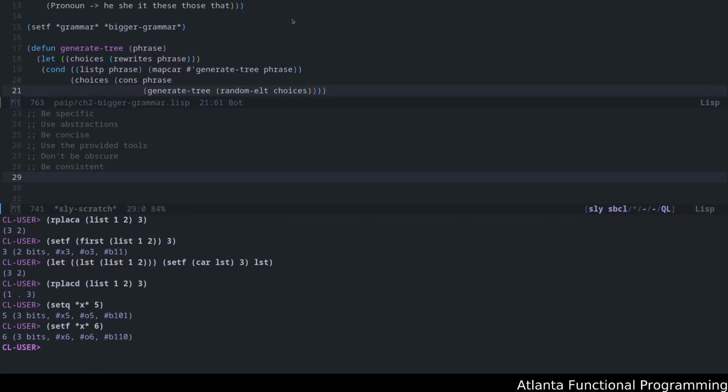Oh, there is one question that just popped up. General question: do you recommend PAIP to learn Lisp instead of Practical Common Lisp? To learn the language, I would say Practical Common Lisp is probably what you would consider your traditional learn-a-programming-language book. It's an introductory book. There are plenty of other ones out there like that. I would say PAIP is